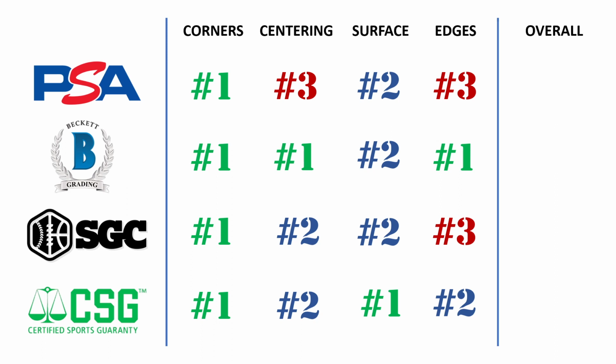And based off of these criteria, their criteria, again, not my opinion, but the criteria they identify on their website, Beckett has got to be number 1. If you buy a Beckett 9.5 gem mint, that card is in good condition. Better condition, potentially, than any of these other grading companies. Now, it's not to say that any of these other grading companies couldn't have a gem mint that's equally as good, but it means it's pretty much a guarantee that if you have a Beckett 9.5, it's going to cross over into a 10